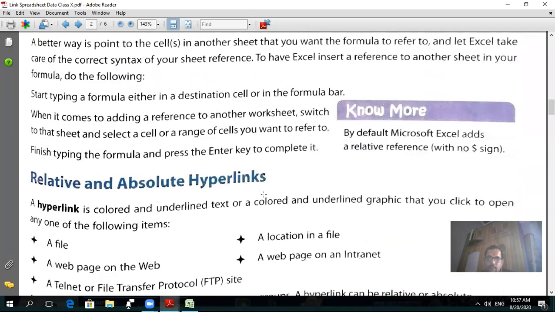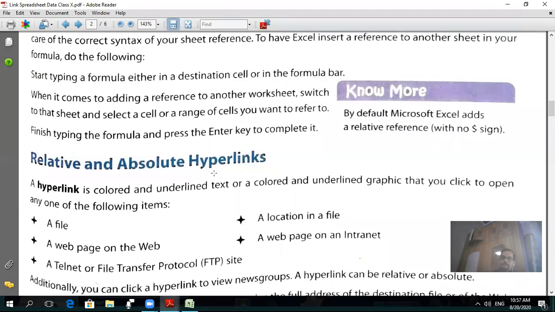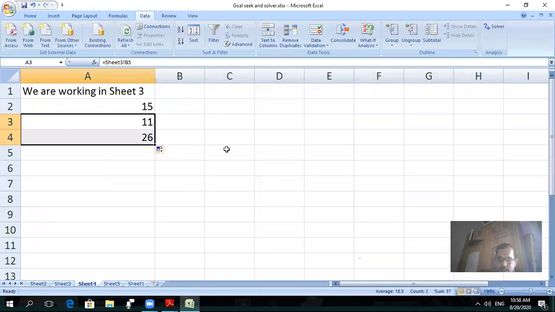Next is relative and absolute hyperlink. Hyperlink, you know very well what a hyperlink is. A hyperlink is used to connect your main page with another page, and it is identified by colored and underlined text. Its default color is blue, and it always appears in blue with an underline. That means once I place the cursor on the hyperlink text, the cursor sign changes from the normal sign to the hand symbol. You know very well, this is the cursor sign. ये भी cursor sign है.